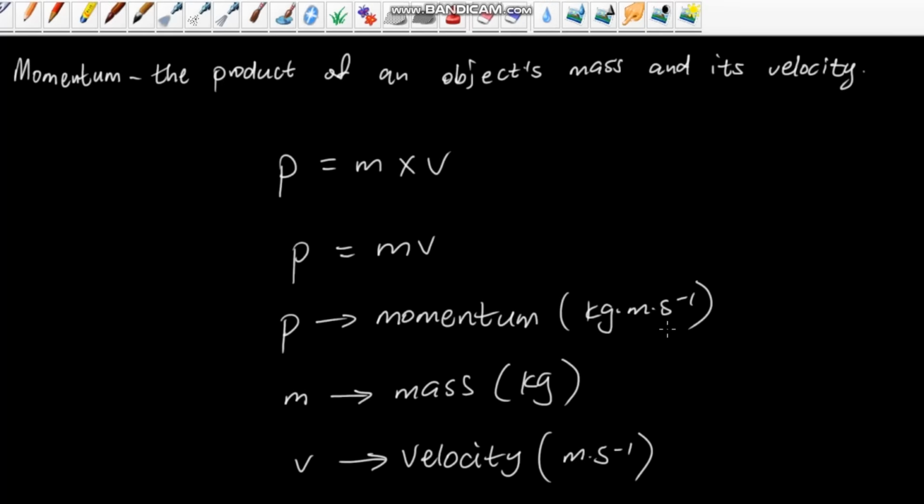So i-momentum is measured in kilograms meters per second, i-mass is measured in kilograms, and then i-velocity is measured in meters per second. Ama-SI units lawa we-mass ku-paper 1, ama-SI units lawa we-velocity ku-paper 1. So make sure ukuthi i-mass yakho is always in kilograms, i-velocity yakho is always in meters per second uma ukuthi